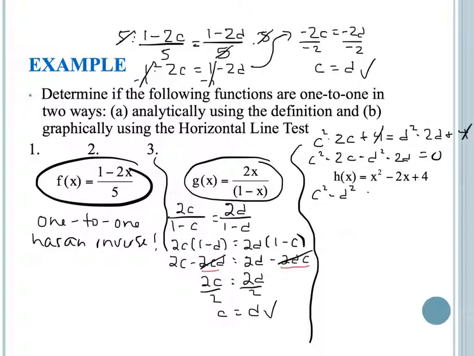So then I'd have plus negative 2c minus 2d. Alright, so if I try to group these and try to group these,